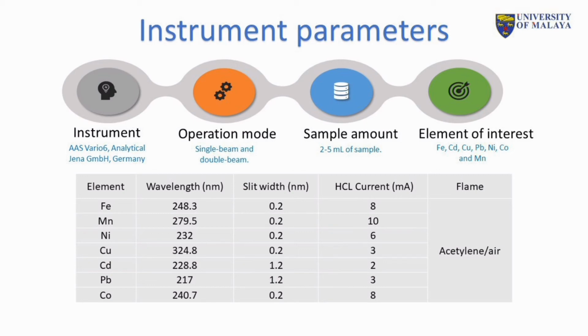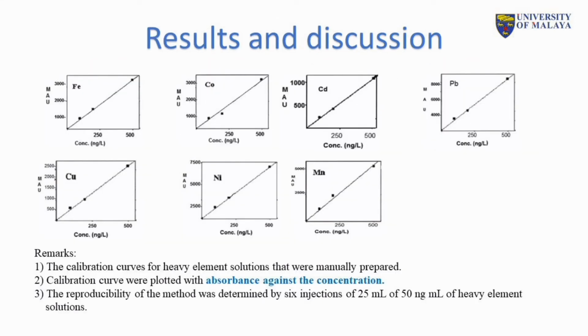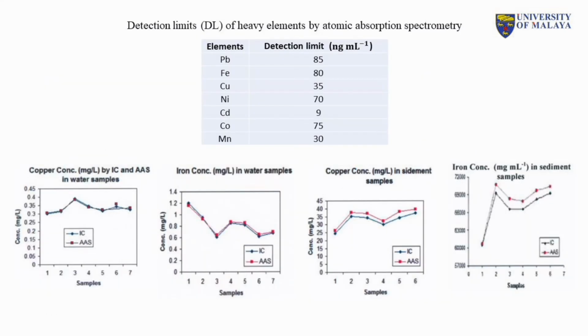Next, I will also touch a bit on the result and discussion part for this study. So the graphs here show the calibration curve for the heavy metal solutions that were manually prepared, and the calibration curve was plotted with the absorbance against the concentration. Next, this table here shows the detection limit of heavy metal by using AAS, and the graphs below show the difference between the concentration of heavy metal detected in the water and sediment samples by using both ion chromatography as